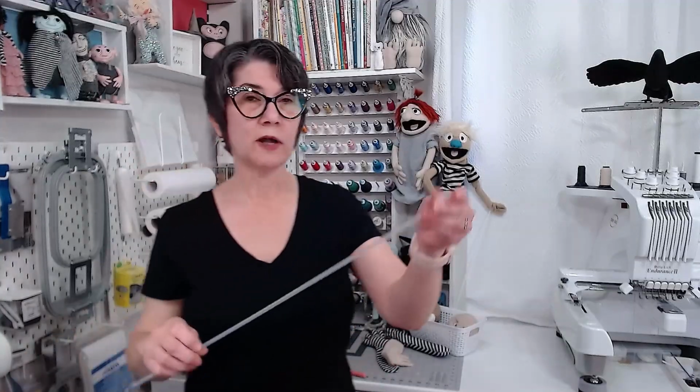I'm not a professional puppeteer. I don't think that these rods would hold up well for a professional because they're flimsy, there's some flimsiness to them. So I'm not saying that a professional puppeteer would love to use this, but I am saying if you're making puppets for home use, this is probably going to be a great option for you because it's cheap, it's easy,